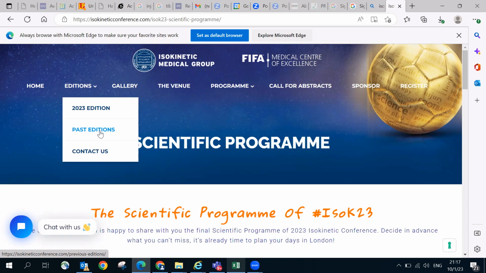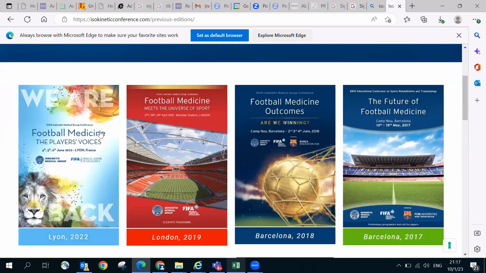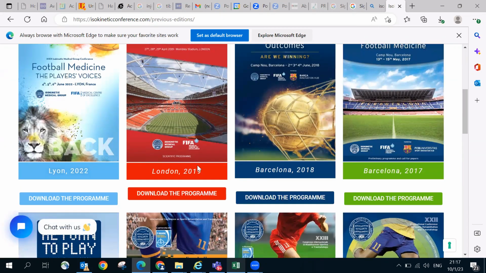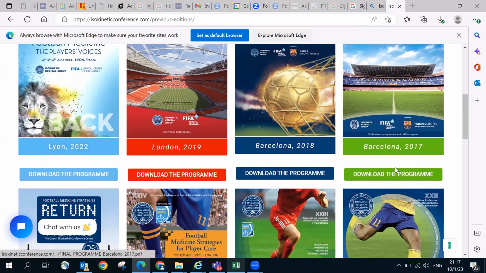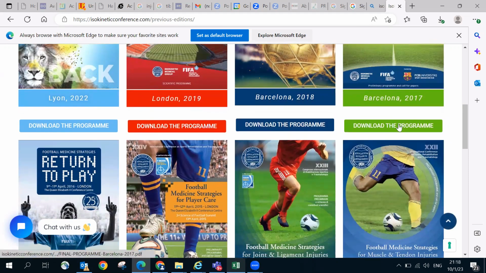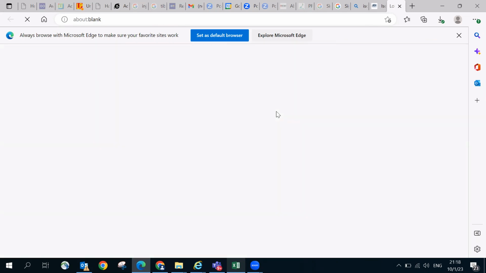Okay, these people here, when you click on past editions, it shows you this 2022, 2019, 2018, whatever. You understand? And you can just download the program and that's it. Okay, so if I click here, it shows the PDF and that's it.